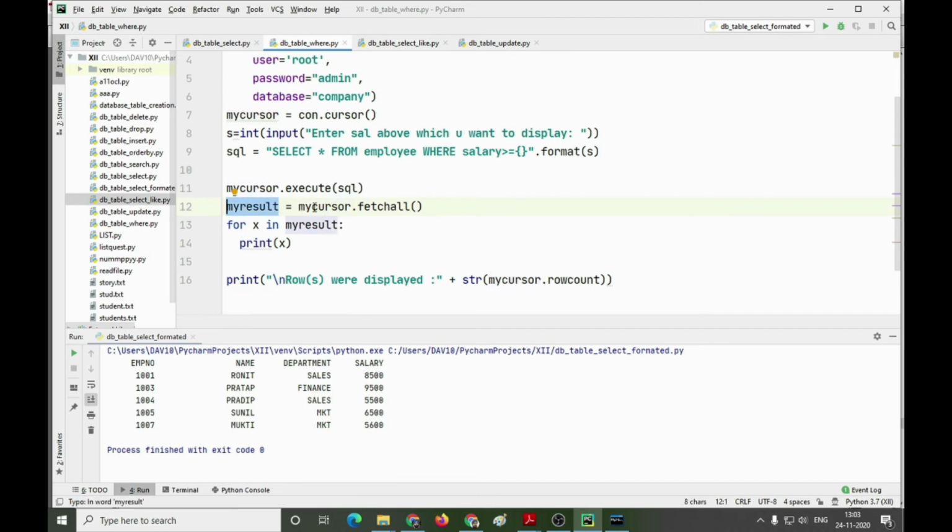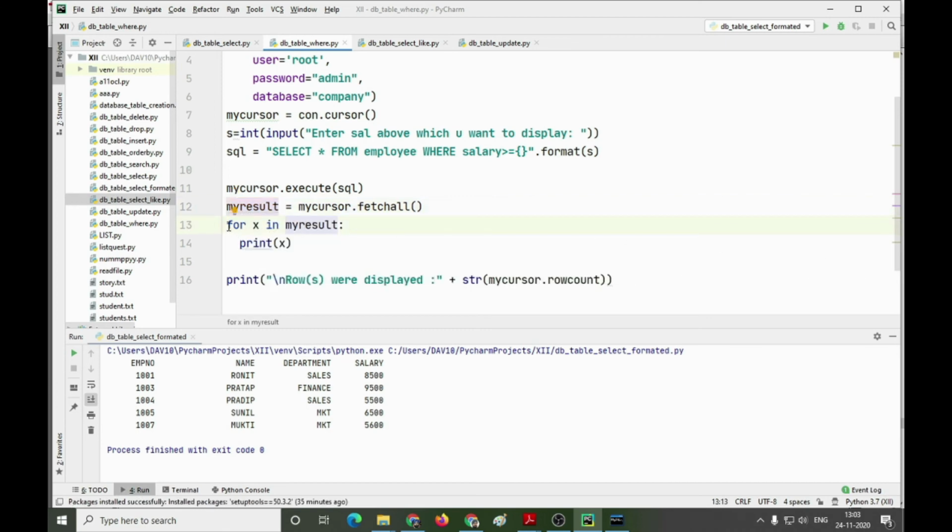So fetching from the cursor, we need the fetchall function. There is fetchone also. fetchone fetches only the first record from the cursor, whereas fetchall fetches all the records from the cursor and stores them into the variable named myresult in the form of a list containing elements in the form of tuples. That means records will be stored as tuples, and all the records will be stored as tuples inside a list.